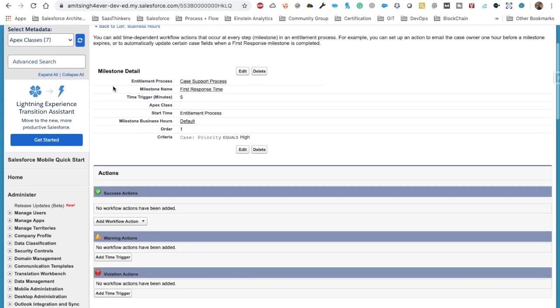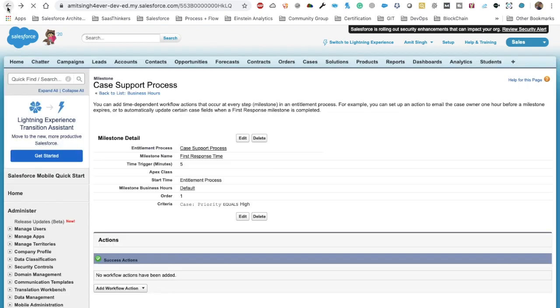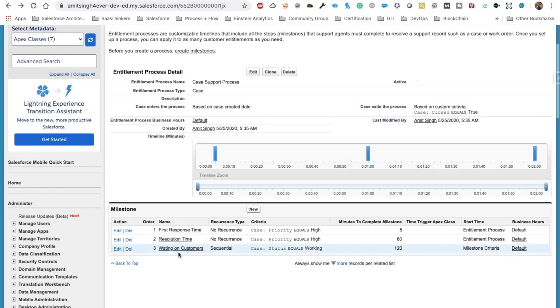These three actions are available across all the milestones that you have created for a particular entitlement process.